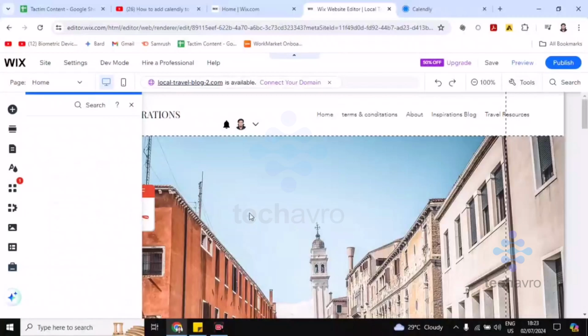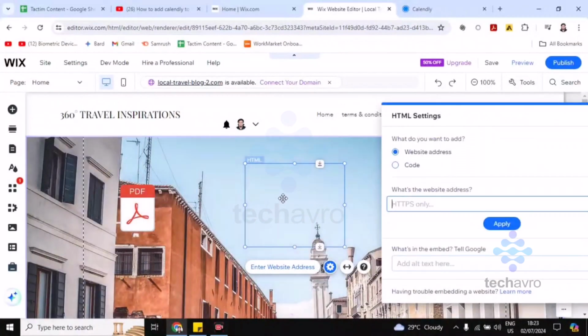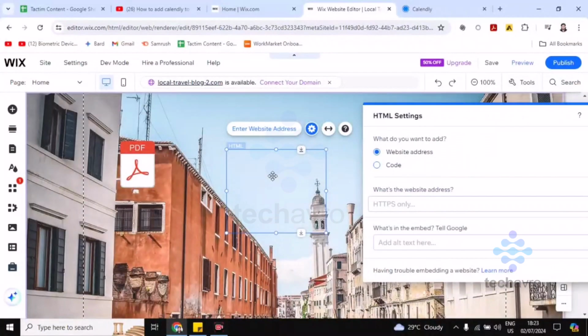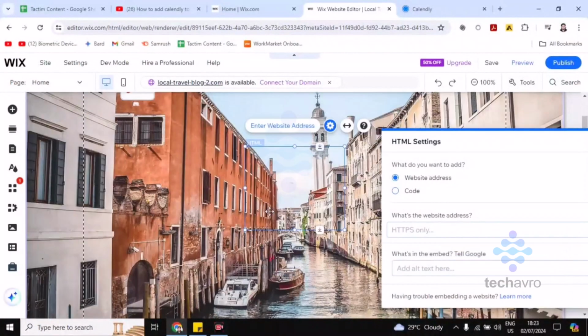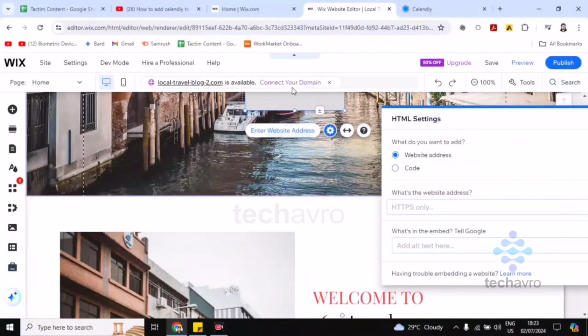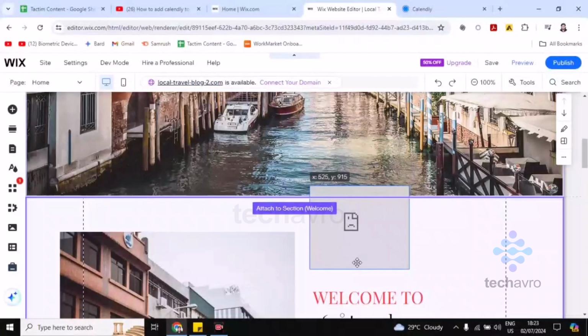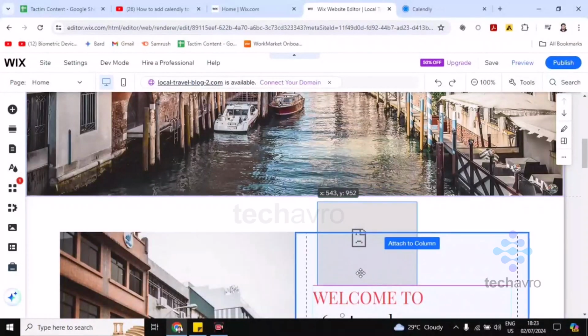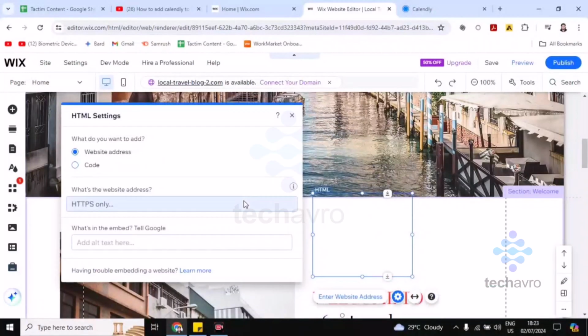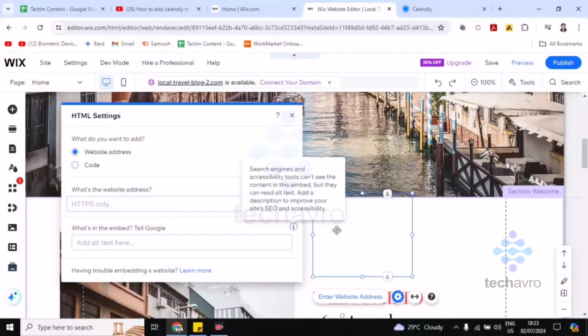Click on this. Now you can see that your embed has been here. Now you can choose the position where you want to add or place it. I'm placing here. Okay, now you have to click on this thing,